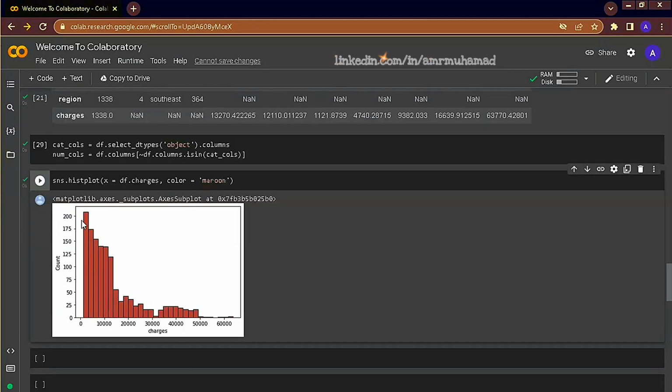Regarding the shape of the histogram, we can see that it is positively skewed. It means that it has a tail that is going towards the positive values. It means that these values are not normally distributed, and we don't have an equal representation of each value. So if we are to predict charges, for example, we don't have enough samples from each value to make an accurate prediction. Of course, our prediction at the lower end of the values will be much more accurate than those of the higher end, because we simply don't have enough data to cover them.